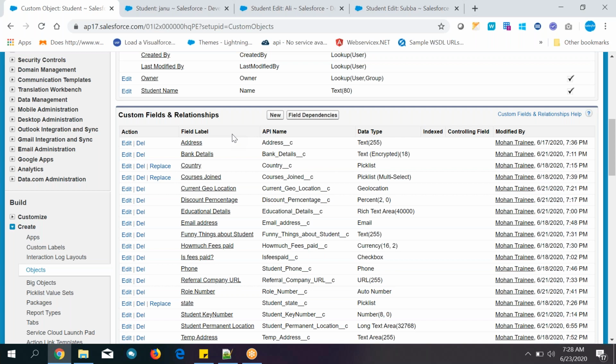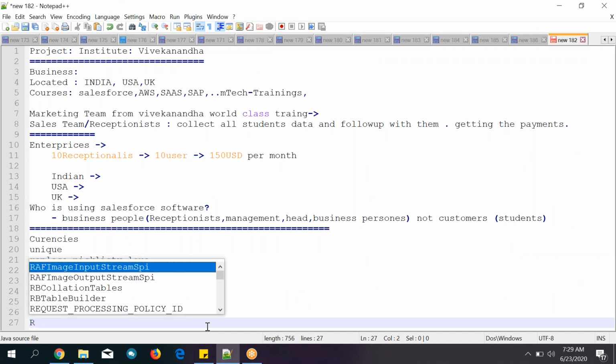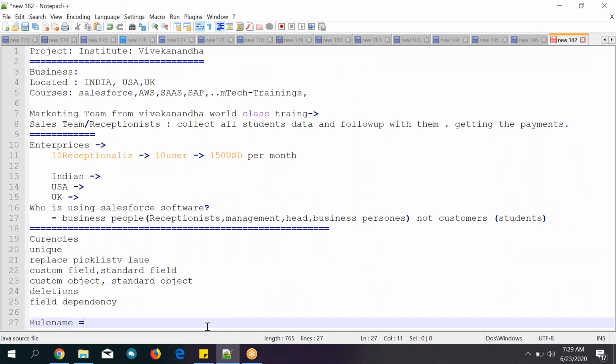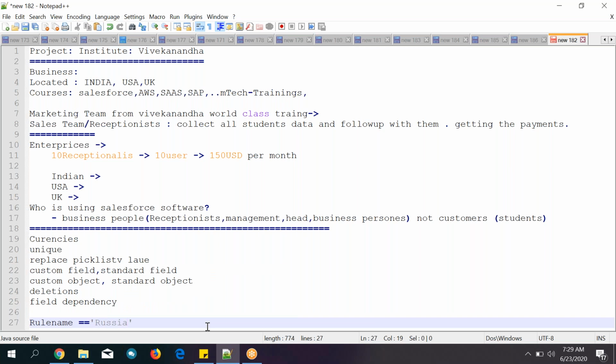Generally, how we have given the rules, right? So value equal to, you can mention it. If it is a rule, generally how you can use it is, rule name is equal to Russia, like that you can give it. This is manually given.